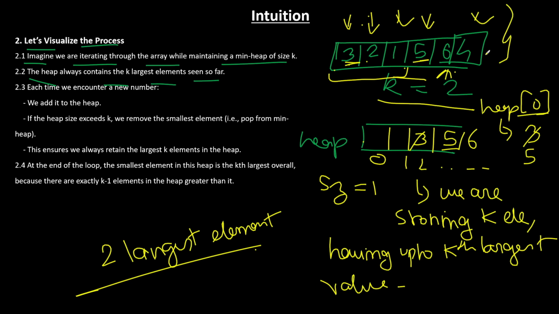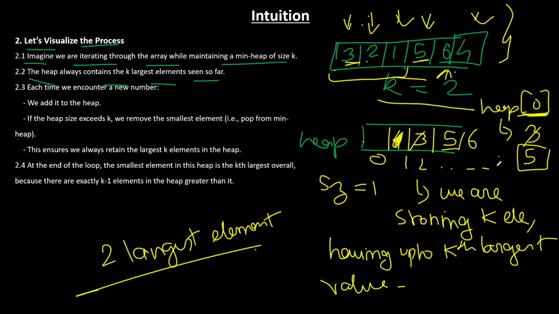Fine. If I come to 4 now, I add it to the queue, the heap, I would say. And after that, what will I do? I will pop it, right? Because the length goes more than 2, which is 3 now. If I pop 4, and if I try to do heap of 0, what will I get? I will get 5,